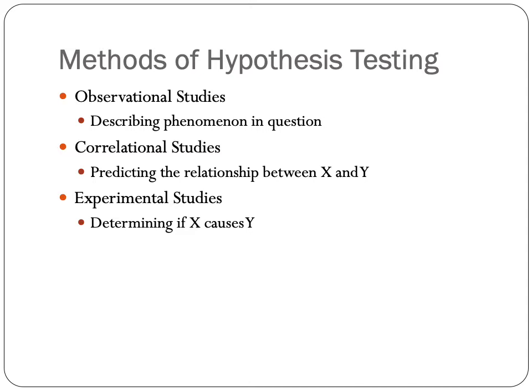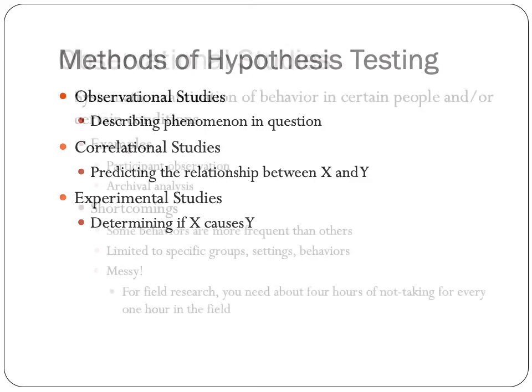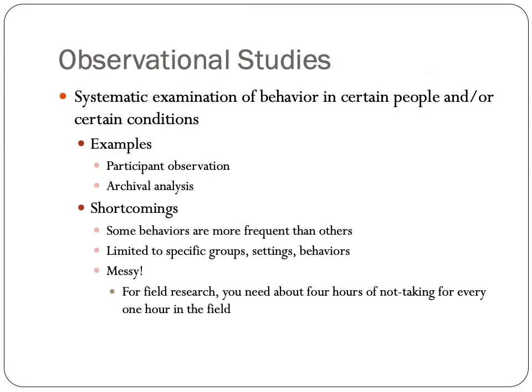One of the super important things here is people always say, and it's a true statement, and we'll talk about it in a couple slides, that correlation does not equal causation, and that is very, very true. In experimental studies, though, X is the cause of Y, at least probabilistically, and it's important to know that distinction. So, breaking down observational studies more, observational studies are a systematic examination of behavior in certain people